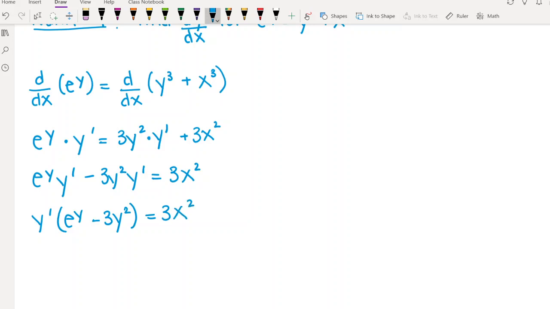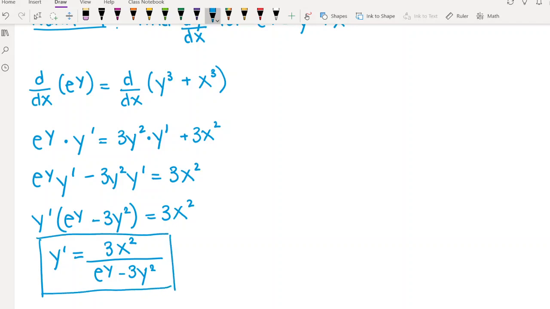And then we can divide both sides to allow us to isolate the y prime. So we end up with 3x squared over e to the y minus 3y squared. And so what should happen is that your derivative, y prime, is going to have a blend of both x's and y's. And we talked a little bit about why that is last time, but basically it's because these curves